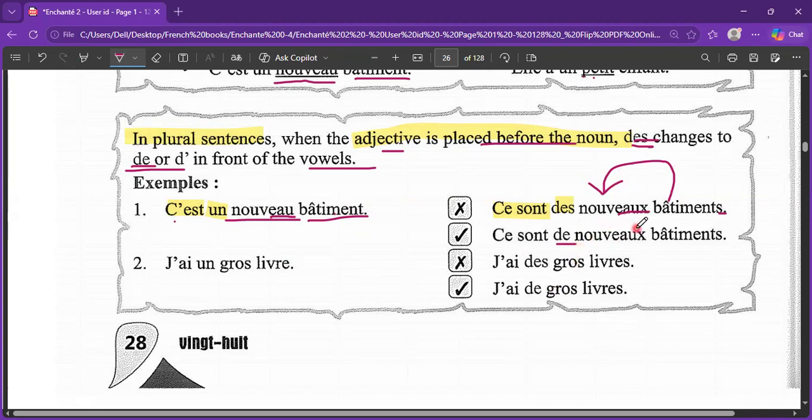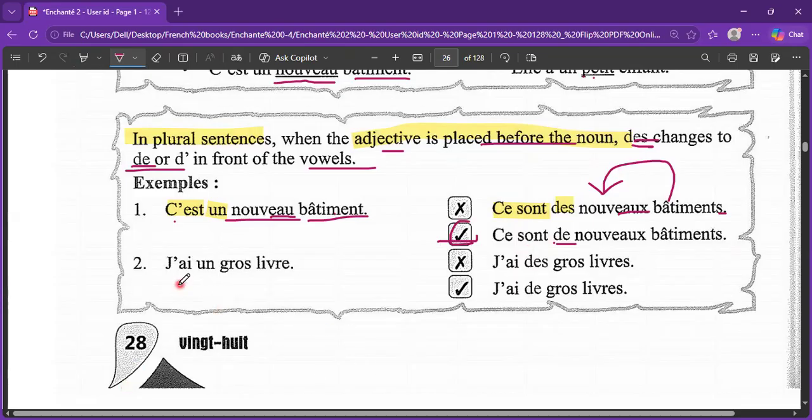Suppose here it was anciens, then it would change to d'. Ce sont d'anciens bâtiments. Okay, but the correct version is this only: ce sont de nouveaux bâtiments. That's the thing. If the adjective is placed before the noun, then the plural version of un is not des. You need to write de or d'.